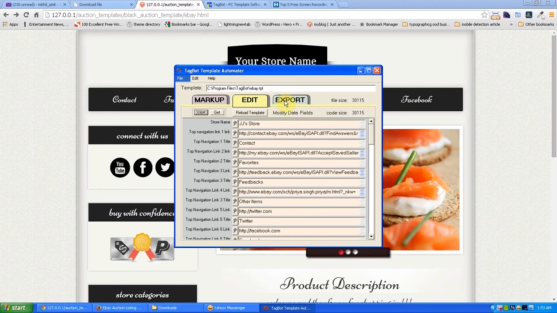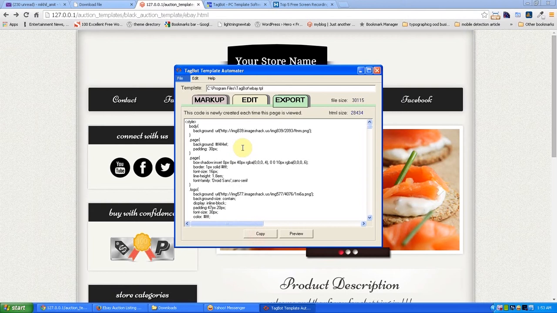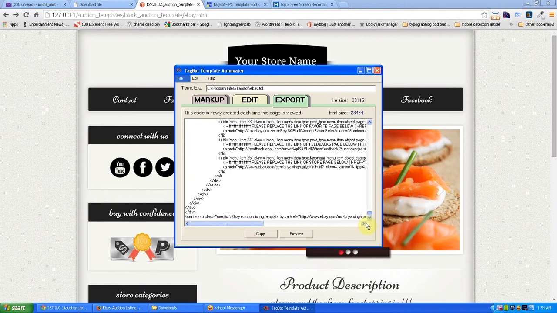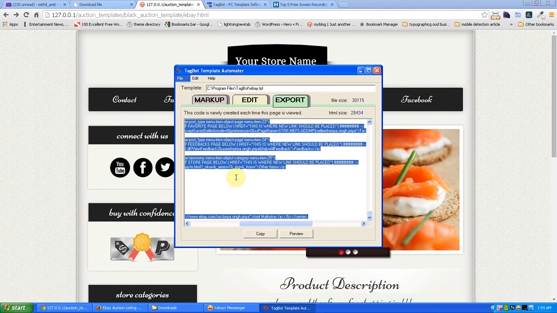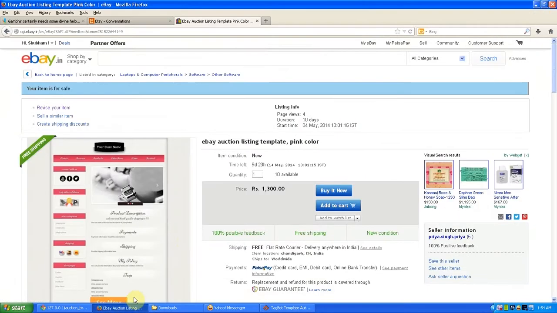So in order to do that, I will hit export. This is the code, the updated code. So I'll hit copy, it will select the whole text, but you will have to use Control plus C in order to copy it. So press Control plus C to copy it. Go to your eBay auction listing. I have already created this listing here, so I'll just be revising it